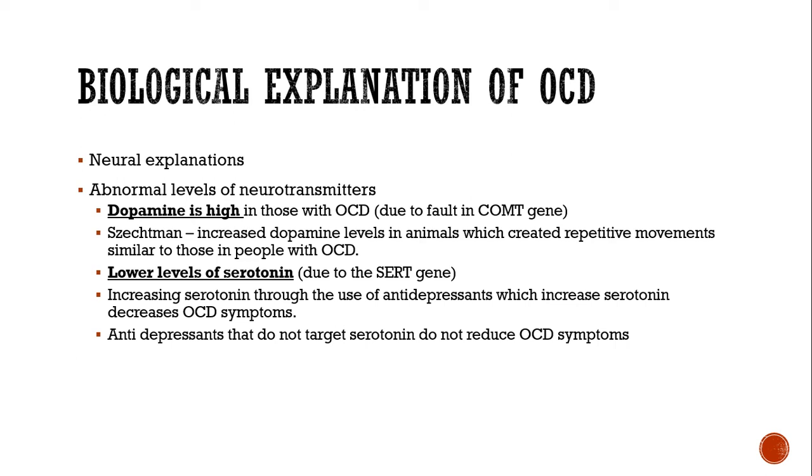So we can be fairly confident of cause and effect there, apart from obviously the issues with animals, which we'll look at in extrapolation. We then have lower levels of serotonin, and again these low levels of serotonin are due to issues with the fault within the SERT gene. And increasing serotonin through the use of antidepressants, which focus on serotonin, decreases OCD symptoms. So the idea that increased levels of serotonin